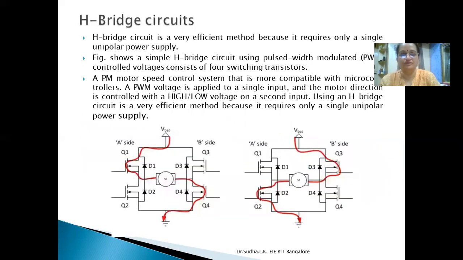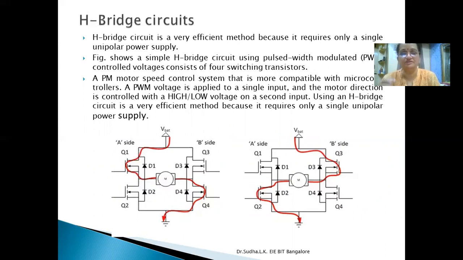Now for the DC motor, we can measure the speed generated by the motor. If we know the proper revolutions, how many revolutions can be generated by the DC motor, we can easily find out the total speed of the DC motor depending upon the current and voltage supplied to it. So one is a relay circuit, the other is an H-bridge circuit.